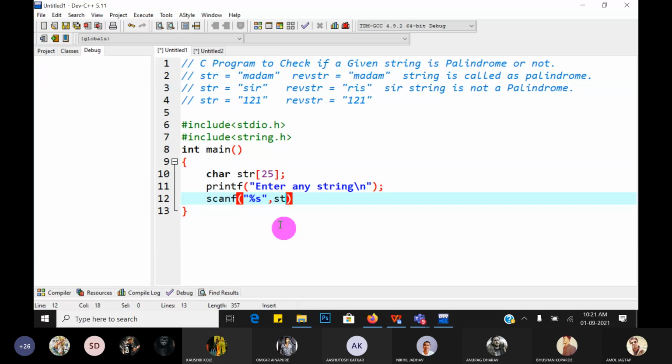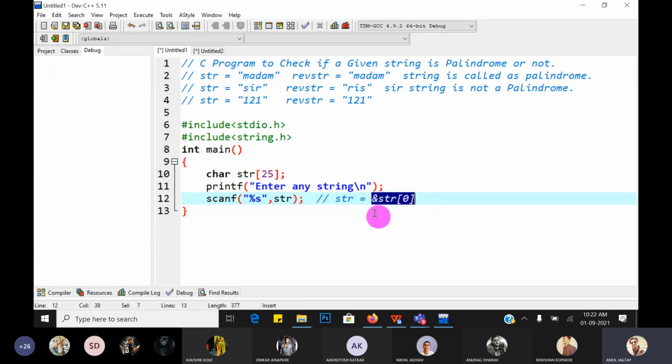Then use str only. What is str? Str means only the name of the string, which gives you the base address, guys. Base address means str itself is the address of str of 0. So str is equivalent to the address of str of 0.